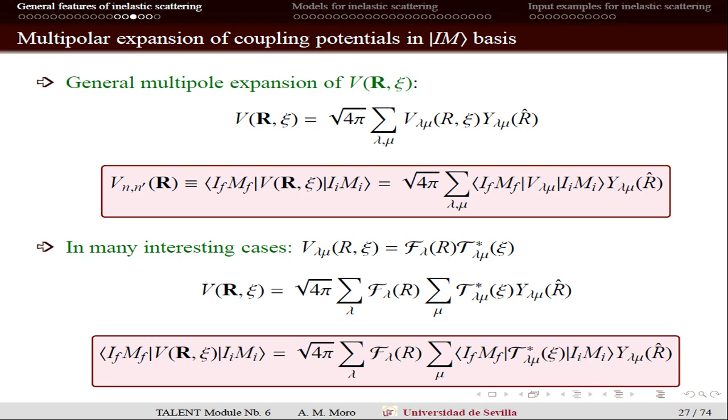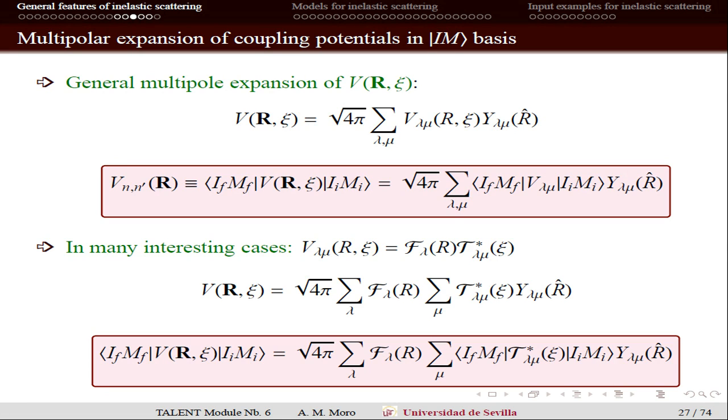This depends on vector R, but we can make an expansion in these spherical harmonics, separating the angular part. So we will have something that depends on the R modulus, but the dependence on the structure must still be there. It cannot be in the spherical harmonic, so it should be here. So the coupling potential,